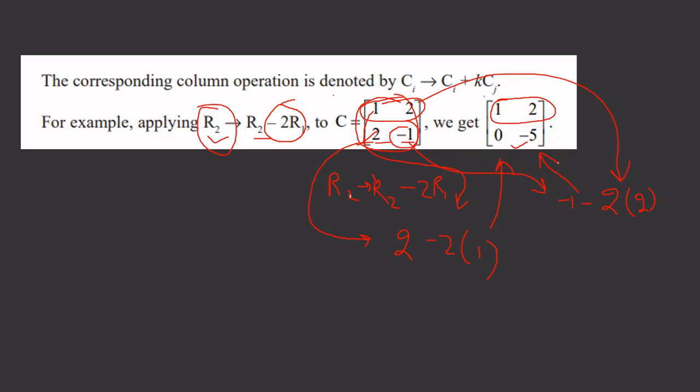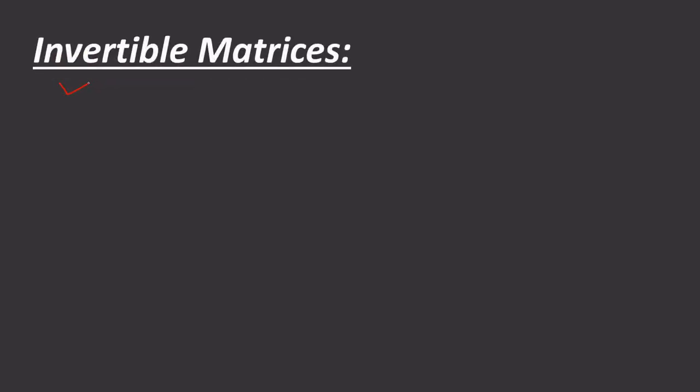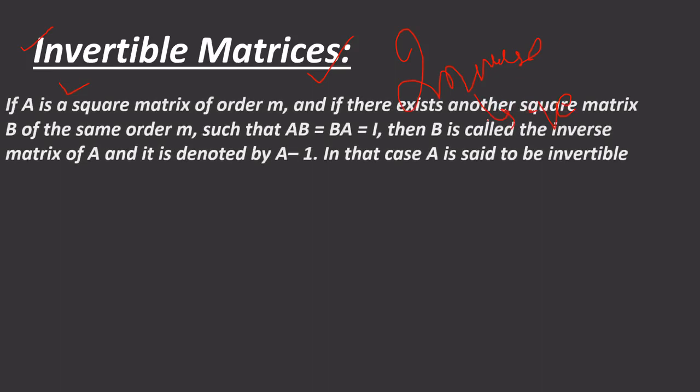So these are some examples and properties of the matrix and elementary operations which we have to use in different questions. Before we start one question, there is one small topic of invertible matrix, or we can say the inverse of a matrix, and this is not equal to the negative of a matrix. Like we have seen in the previous slide, the negative of a matrix is not equal to the inverse of a matrix. And what is the inverse of a matrix?